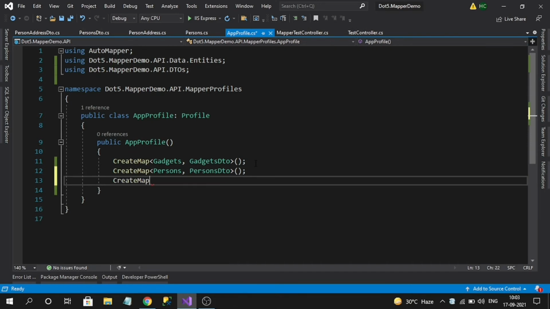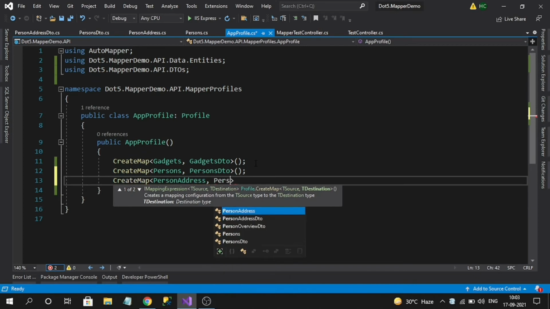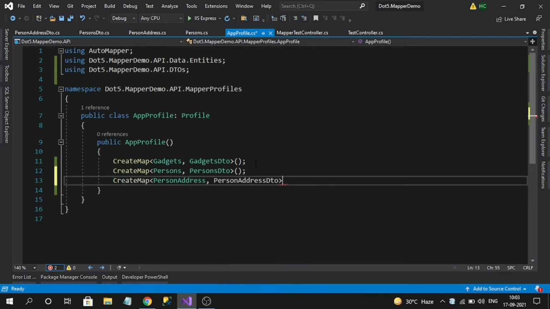So we have to have another configuration, person address and person address DTO. That's it. If we map our child classes with their respective source and destination object types, whenever we are mapping our parent class, they will automatically get mapped. So let's write the code.